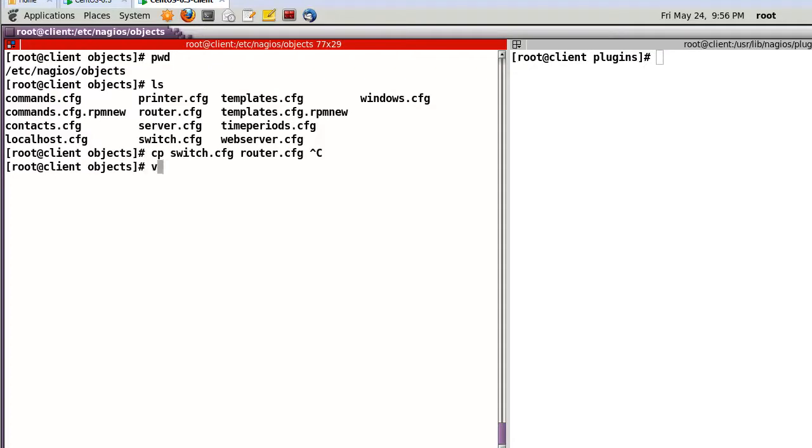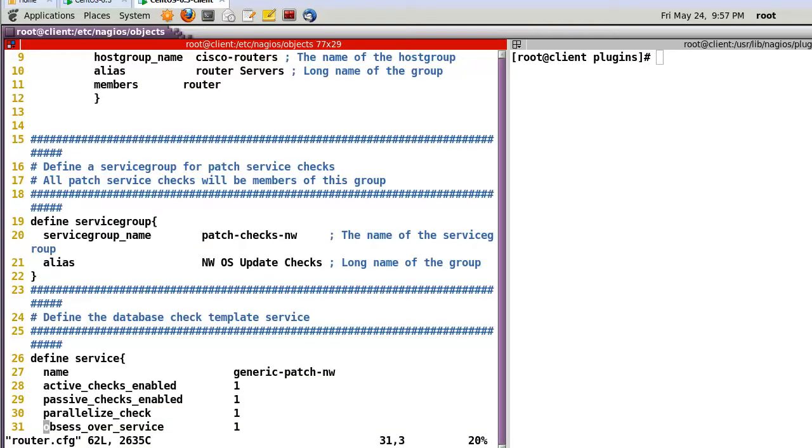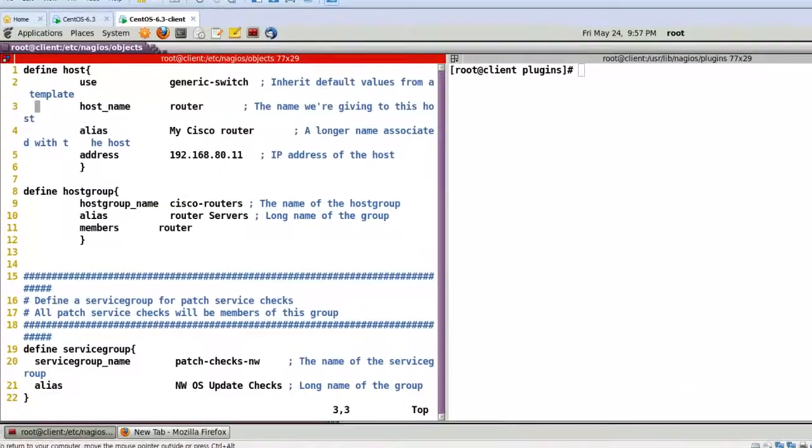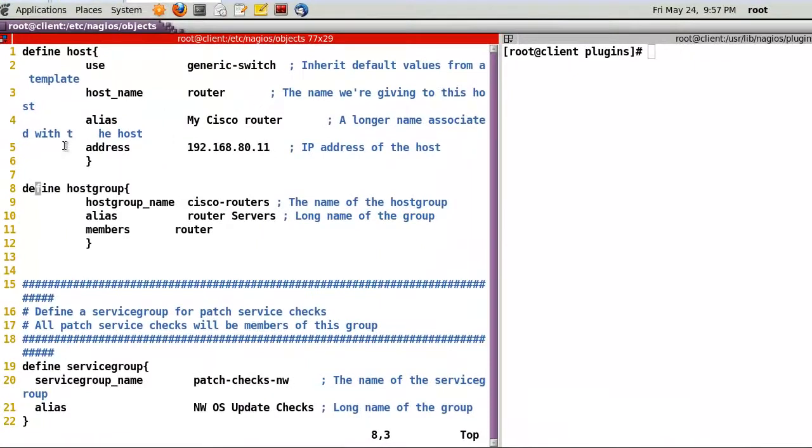Okay, and after that, please open the router configuration file. At first, okay, here, after opening this file, we need to configure some lines. For example, line number 5 here, generic switch, and this one will be the host name, the router, and the address will be